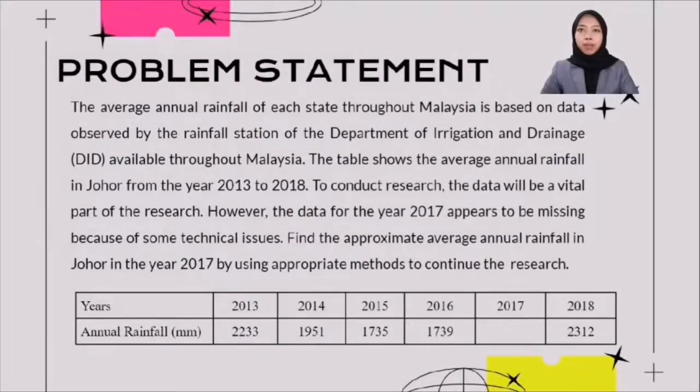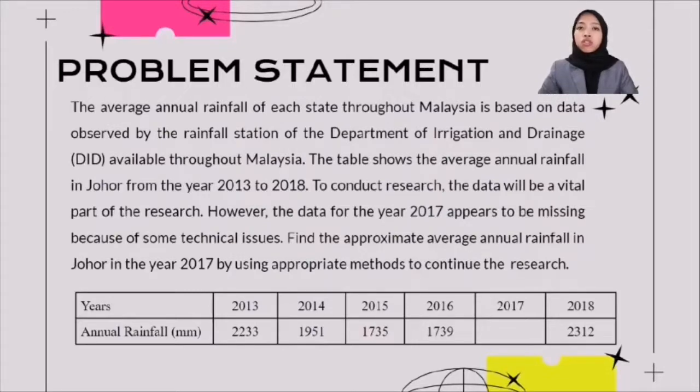Next is problem statement. The average annual rainfall of each state throughout Malaysia is based on data obtained by the Rainfall Station of Department of Irrigation and Drainage (DID), available throughout Malaysia. The table shows the average annual rainfall in Johor from the year 2013 to 2018. To conduct the research, the data will be a vital part of the research. However, the data for the year 2017 appear to be missing because of some technical issues. Find the approximate average annual rainfall in Johor in the year of 2017 by using the appropriate method to continue